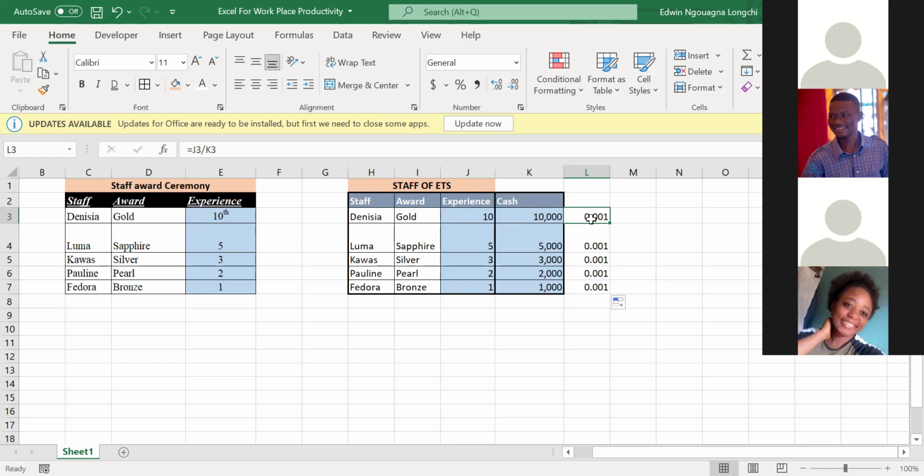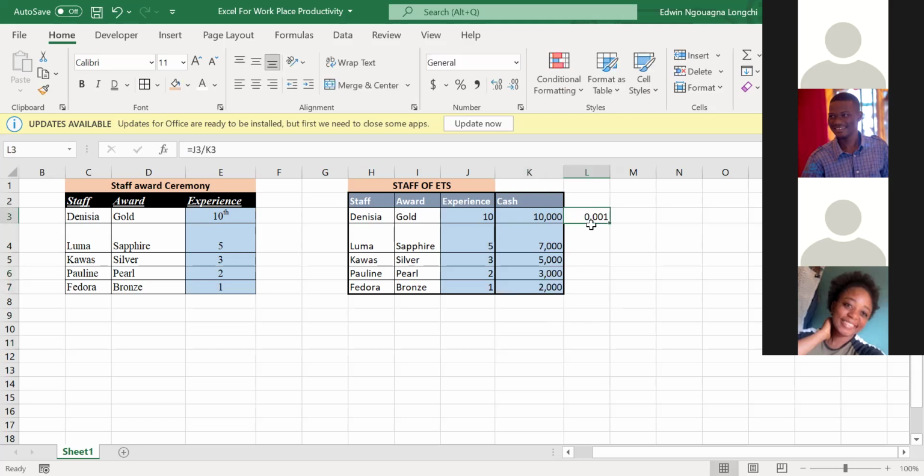I don't want this answer to be the same, because you might think that it has copied this particular answer. So let me modify it a bit for you to understand what I'm saying. Let me undo this because it's all 1% for all these. Let us say Sapphire is 7,000. Let's just change this answer a bit. Here is 5,000. Here is 3,000. And here 2,000. So that you understand what I'm saying.